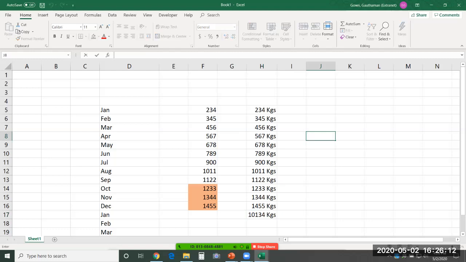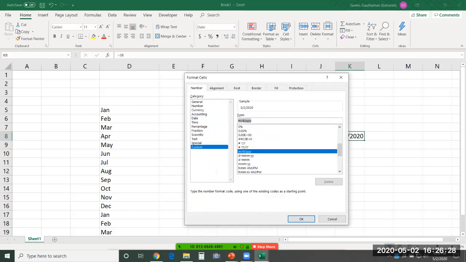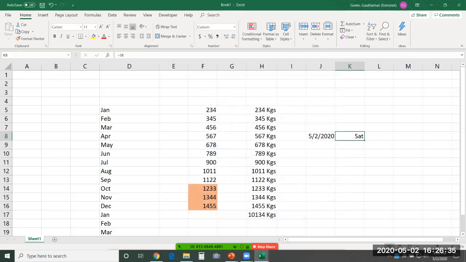Suppose you have a date, let's say I'll give today's date. I want to only see the day part of it. Which weekday does this day fall on? I want to get the cell formatted in that way. So we can use number formats again. So I'm just showing you few examples. So we have many like this. Suppose today is Saturday. So I would like to show it like this.